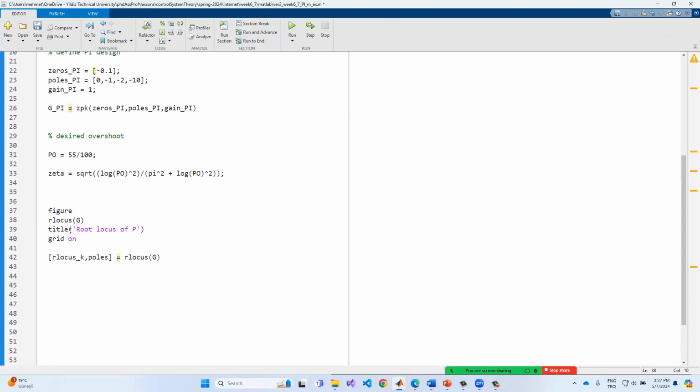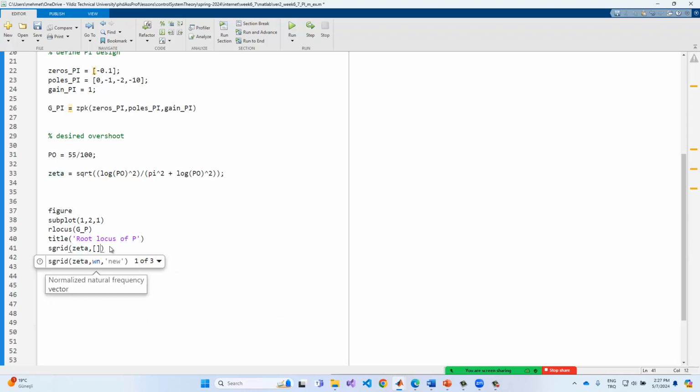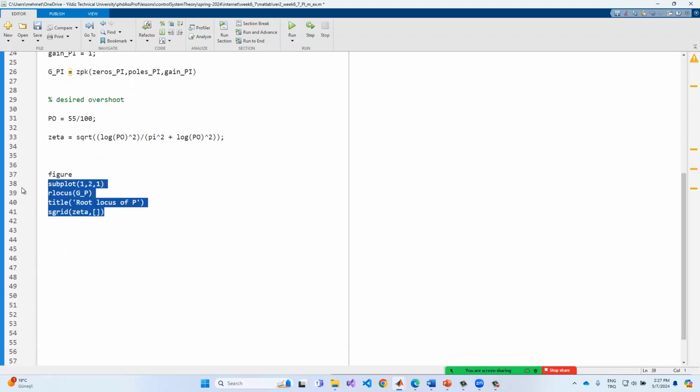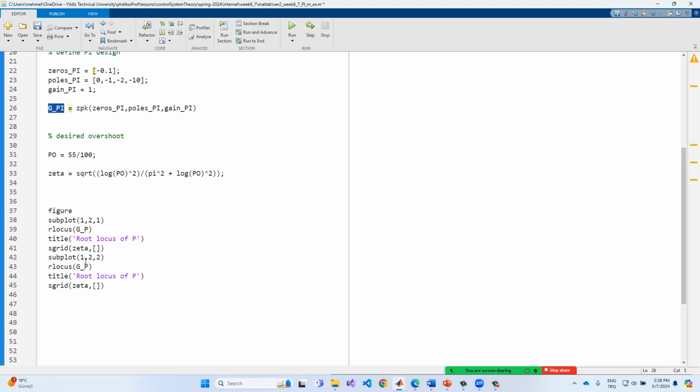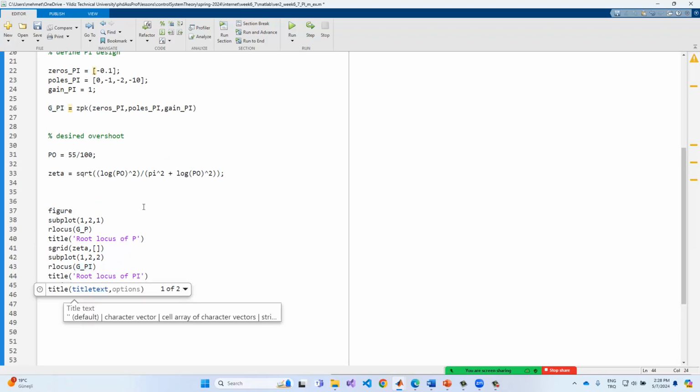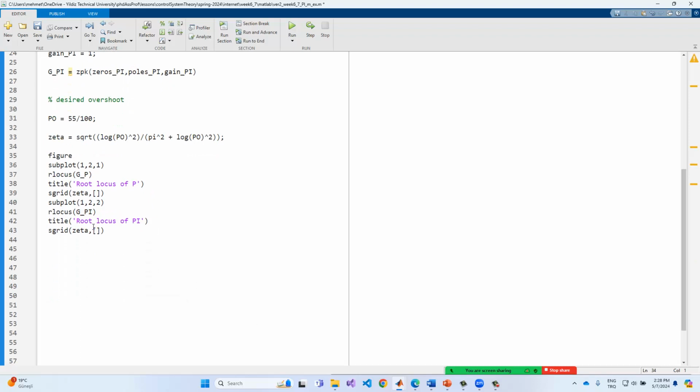And so we can use the root locus of P in here, just like this one. This must be equal to GP. Okay, but we should use the subplot in here, 1 2 1. Okay, and grid on should not be used. We use sgrid with zeta, these terms, and also we should give the second one, and the PI must be given in here. Okay, in this case, in the second case, we should write the zeta. Okay, and so if I run this code,